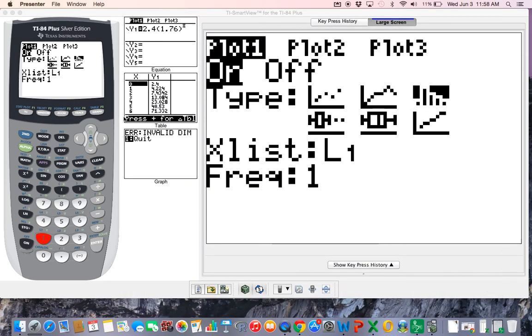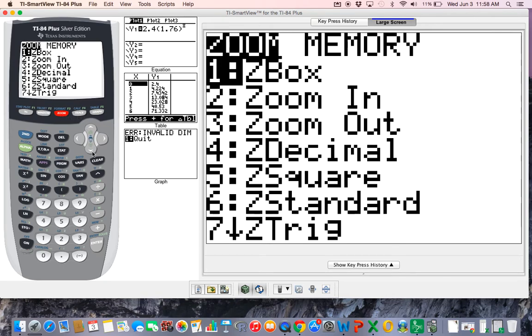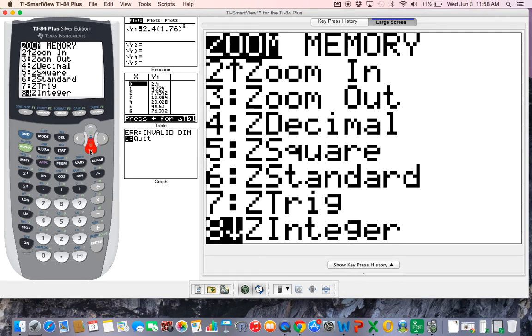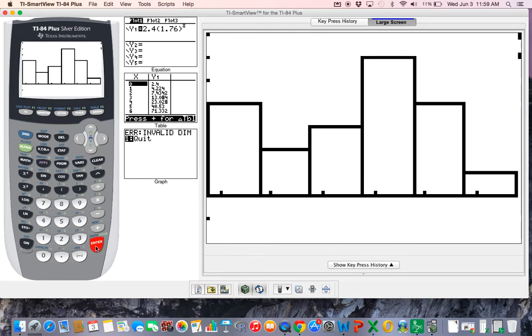So once you get this set, just go up and go zoom, scroll all the way down to number 9, or just hit the 9 key. Now from here on out, I'm going to hit zoom 9. But since I'm teaching, I'm going to scroll down just to show you what's at zoom 9. Zoom 9 is zoom stat. So anytime we have a stat plot that we're executing, zoom stat gives us the best picture. So now I just hit enter, and you'll see that we get